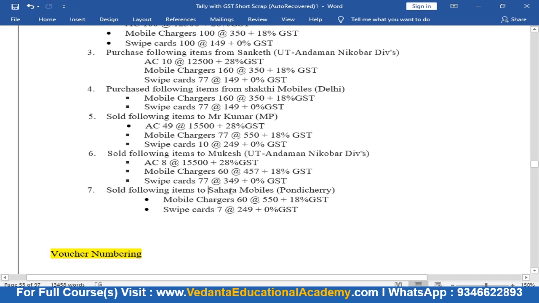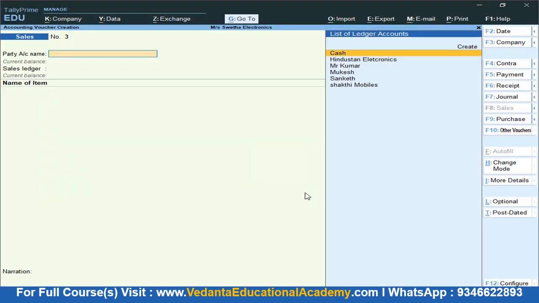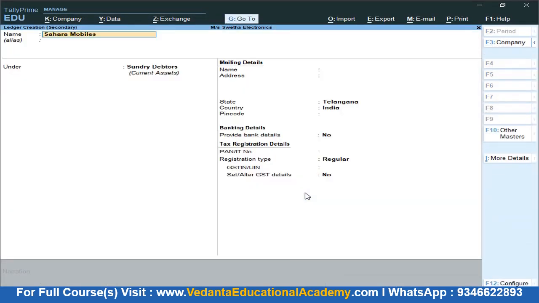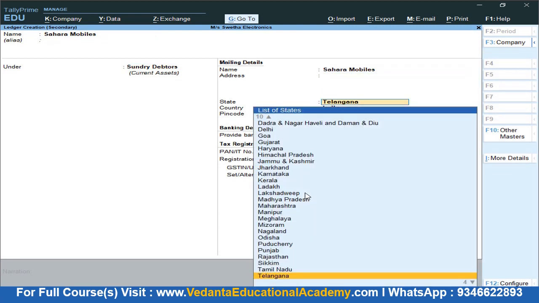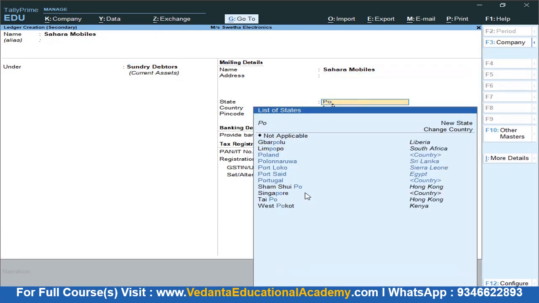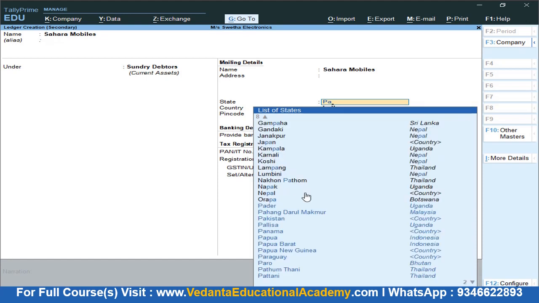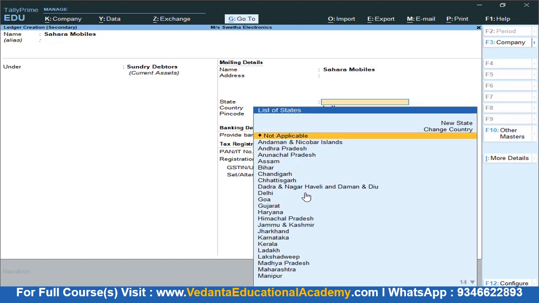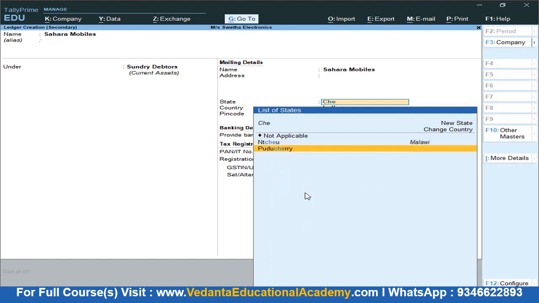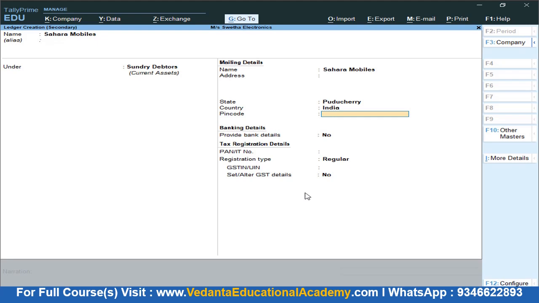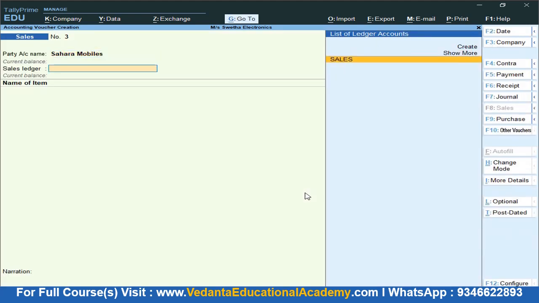Next we have one more thing, sold the following items to Sahara Mobiles. The company, Sahara Mobiles, is located in Pondicherry. Again Alt plus C, create Sahara Mobile, sundry creditors, and this belongs to Pondicherry. In the system it is Puducherry, so I'm going to select the same Puducherry, then Control A, save.